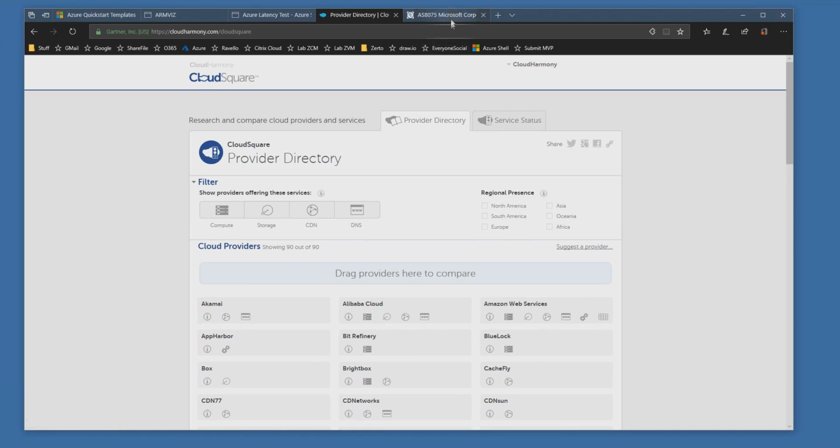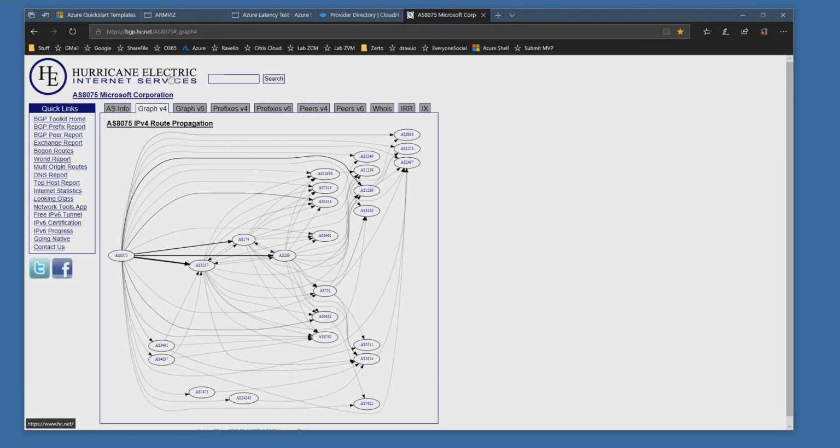All right, now this is the last one. This is the Microsoft, the Hurricane Electric. Now, network guys will know this. Network folks that are hardcore, that started their careers in network, that know the bits and bytes and packets and all of that kind of stuff. They know about Hurricane Electric, because Hurricane Electric has been around for a very, very long time. And if you're ever troubleshooting a network issue, this is really